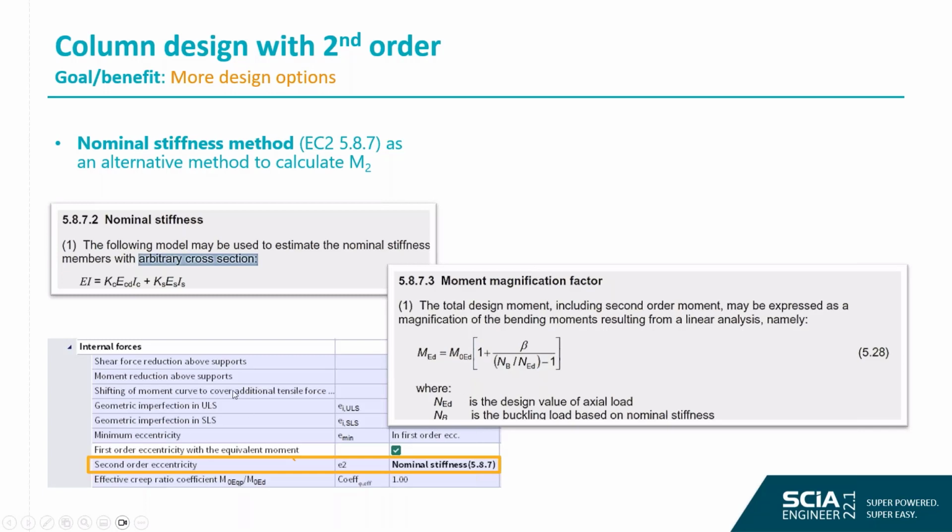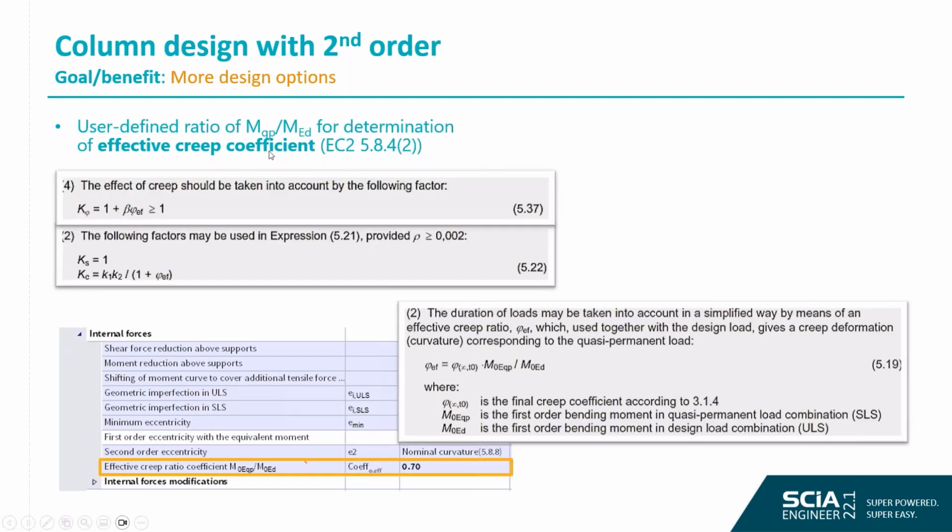Yeah. So basically related to SCIA Engineer, in the concrete settings, I mean global settings, or even on the level of concrete member data for individual members, you can now choose whether you would like to select the nominal curvature method as the original solution, now the nominal stiffness method, or you can, for instance, not consider second order effect at all. So it's the first point. The live demo will follow, so just be patient, because I would like to also